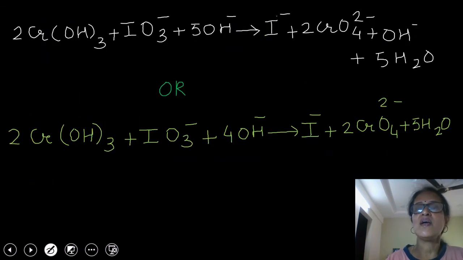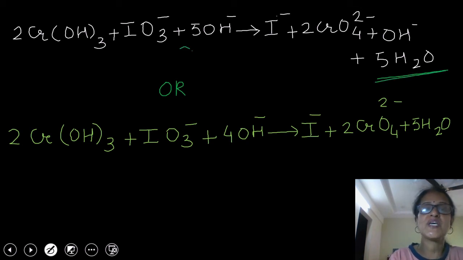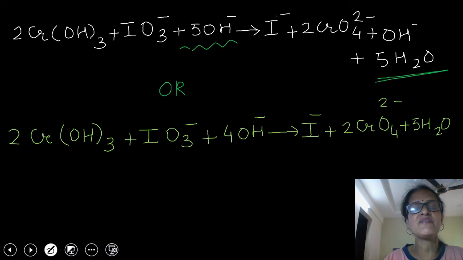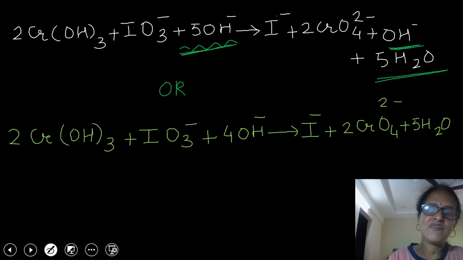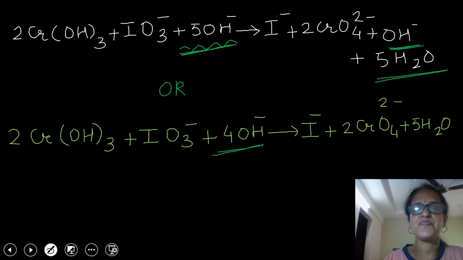You can see here, 5 water molecules I have added in the product side, but at the same time I have added 5 OH- in the reactant side also. So finally we can write a reaction. We can see that in the reactant side we have 5 OH- and in the product side we have 1 OH-. So we will have 4 OH- in the reactant side. Now our reaction is balanced. The balanced equation is 2 Cr(OH)3 plus IO3- plus 4 OH- gives you I- plus 2 CrO4 2-